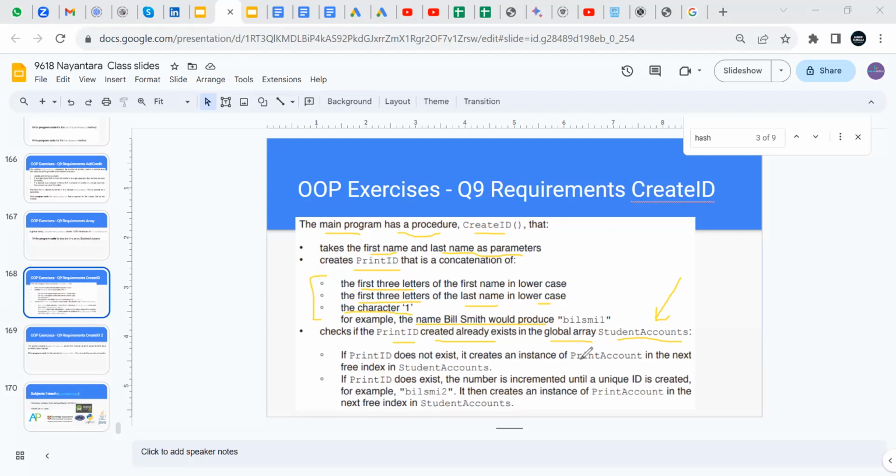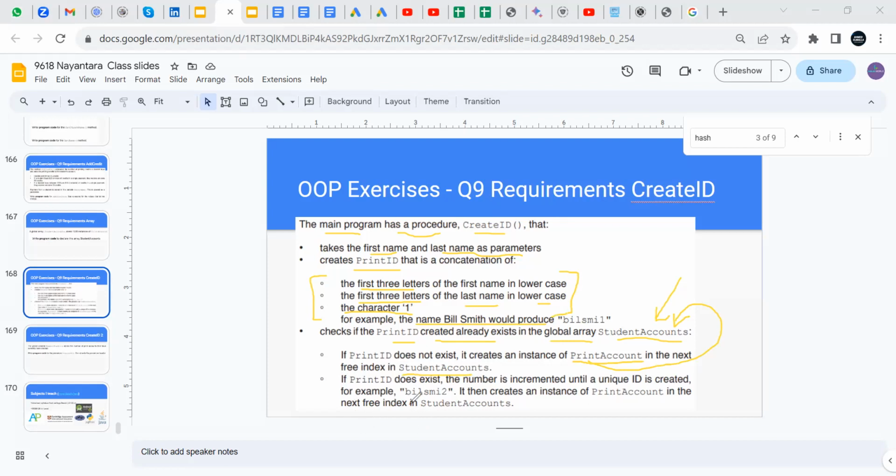If it doesn't, he will create a print account in the next free index of student accounts. Student accounts is a global array that already has some print accounts inside. If you manage to get a unique print ID, then we will create an object from print account using the unique print ID that we created, and we will insert that inside here. Okay, so there are some other details, but